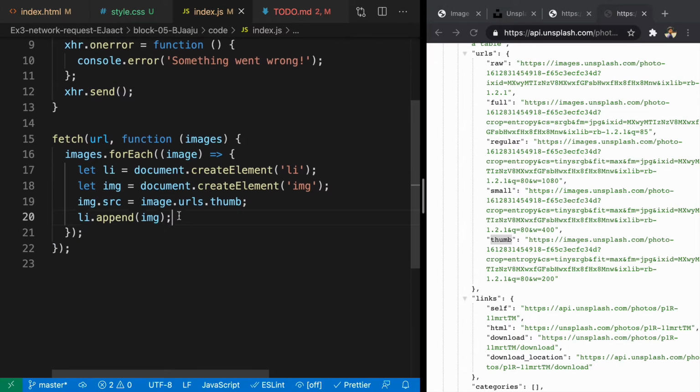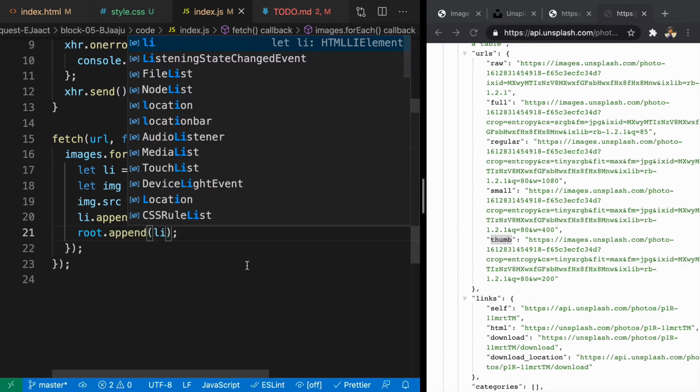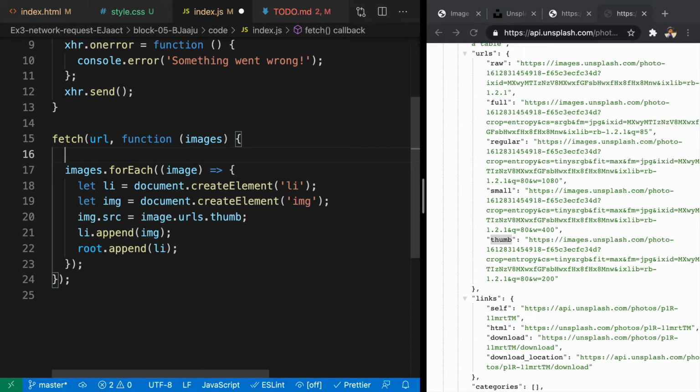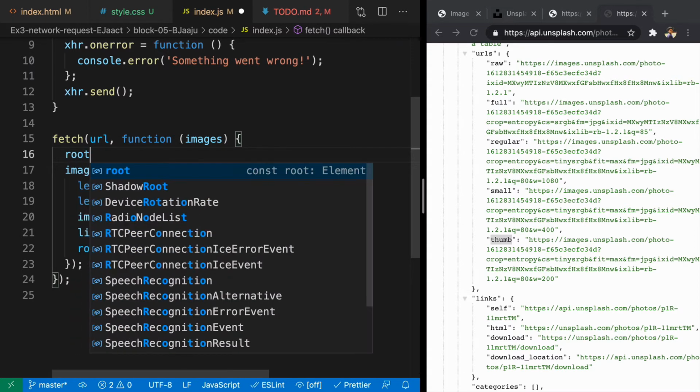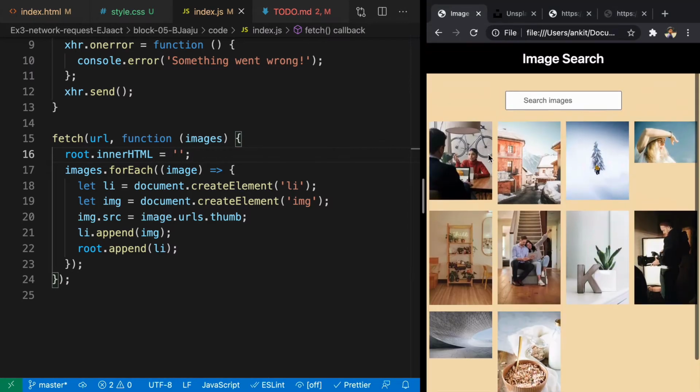Now here we'll just say root.append the li. One other thing that we also need to do is to clear the root when we are running this function. So we'll say root.innerHTML is going to be empty. Now when you refresh it, you can see that we are able to see different images here, right? So it is working for us.